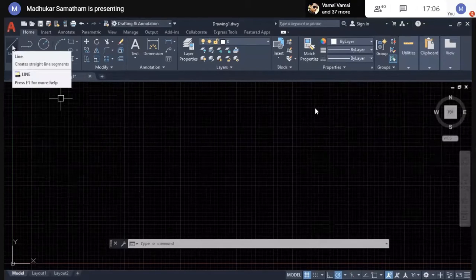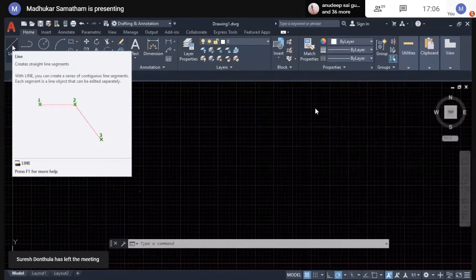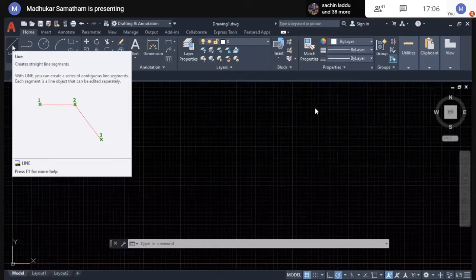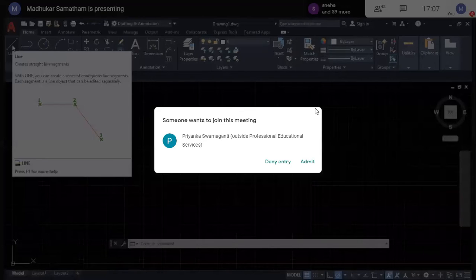First, as we discussed in previous classes, by using the coordinate system, we can draw lines. And the other two methods we also discussed, non-parametric drawing and parametric drawing. By using the graphical user interface, we can generate non-parametric drawings. By using the command user interface, we can generate parametric drawings. If you create non-parametric drawings using the graphical user interface, later you can convert them into parametric drawings.